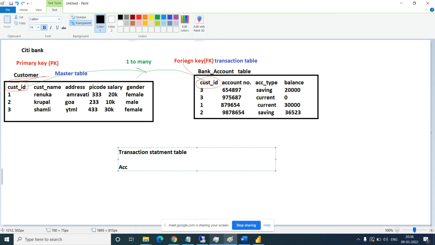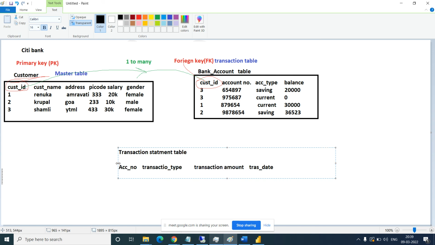Let's say account number, their transaction type like ATM withdrawal, transaction amount, available balance, and transaction date.